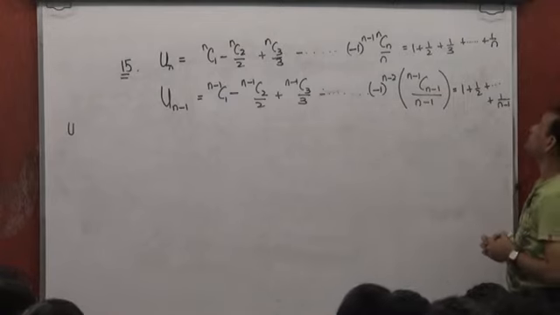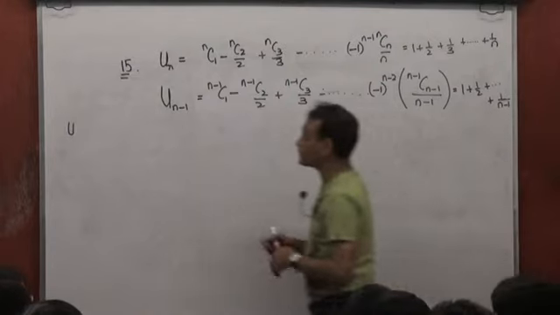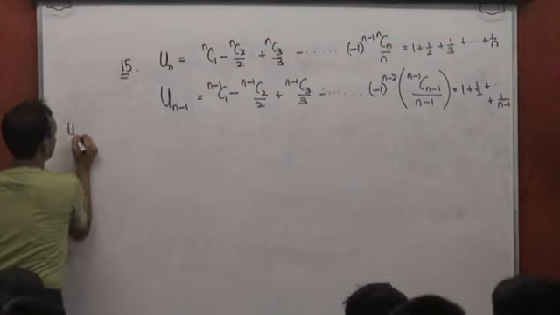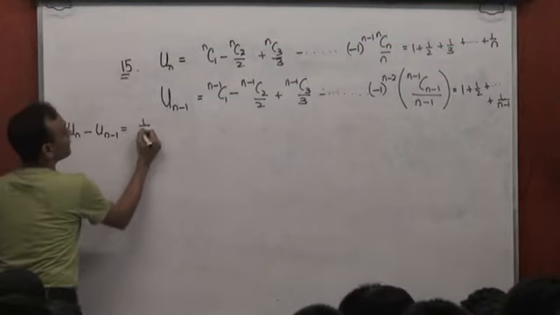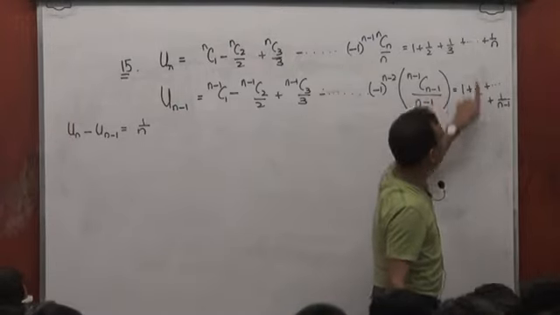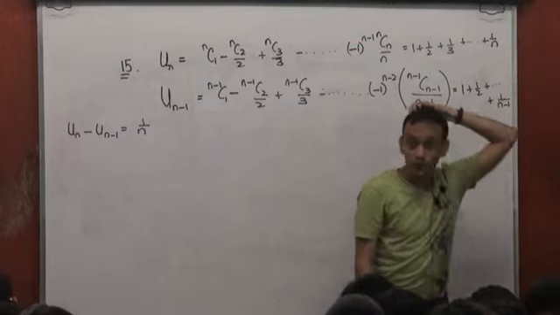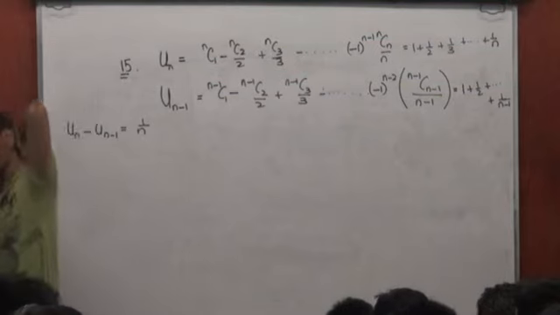Which means un minus un minus 1 should turn out to be 1 by n, because the terms prior to this would be 1 by n minus 1, and we cancel all terms here. So if I can establish that un minus un minus 1 is 1 by n,